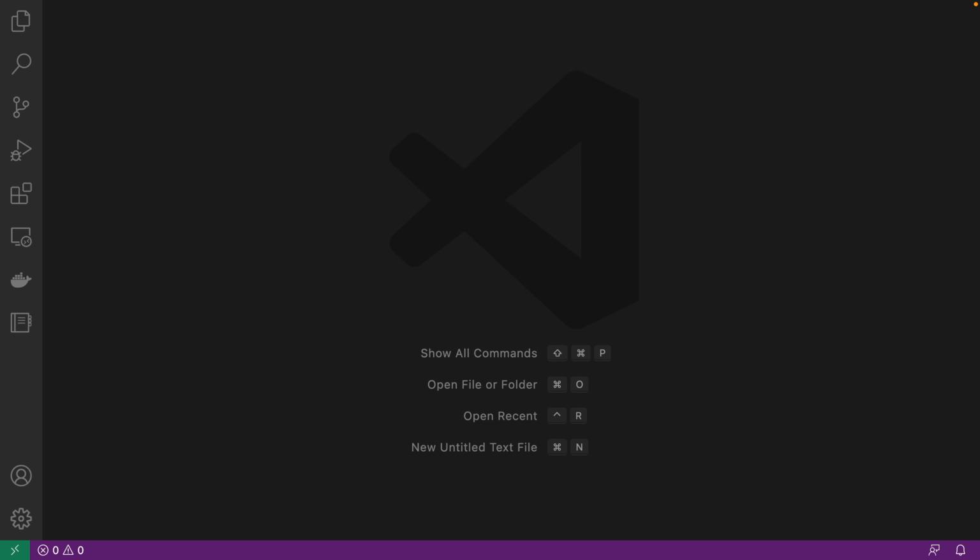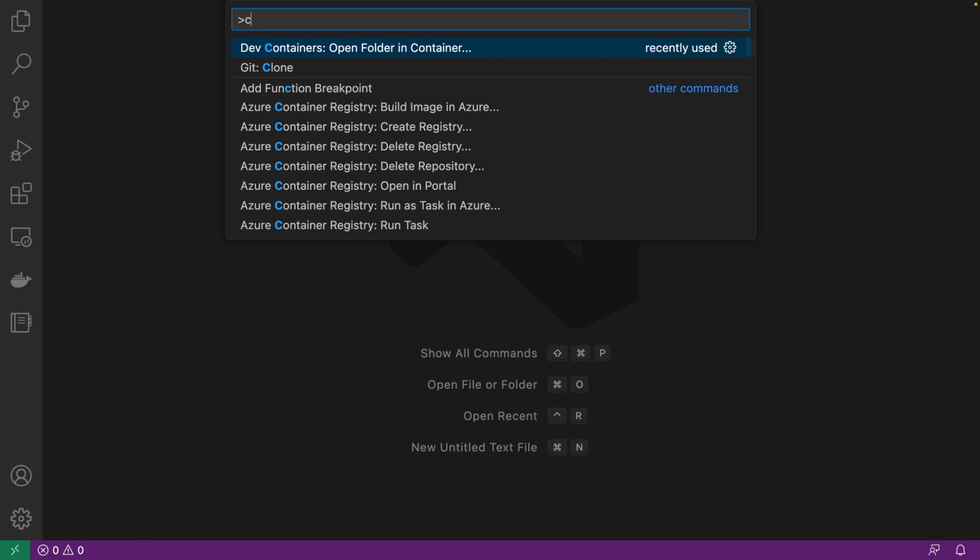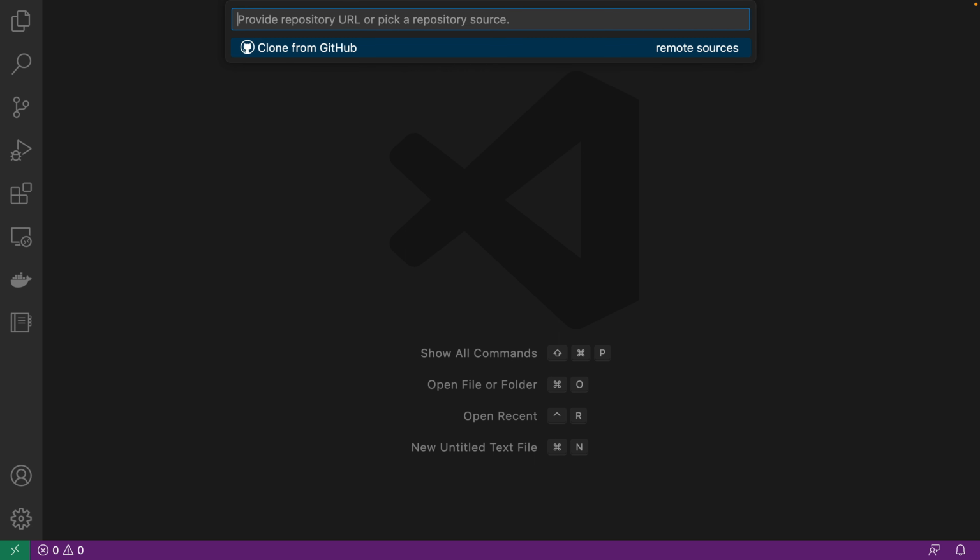Now I'm back in Visual Studio Code, and I have nothing to open. I can't open the Docker file. I can't open the repo. So what do I do? What are the steps to get back to where I was before? I'm going to do a Command or Control-Shift-P. I'm going to do a git clone. I'm going to clone from GitHub, and then I'm going to